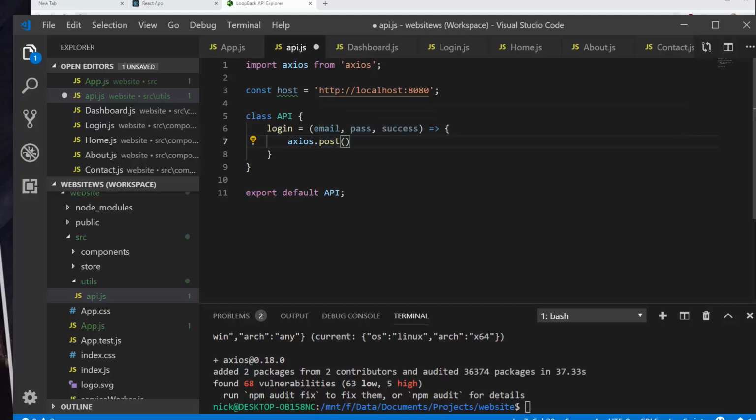So for right now, we're going to post, and this is going to be 3 parameters. There's going to be the URL, the data that we're passing, which is going to be an object, and then the callback. So I'm going to open up some backticks here because we're going to use variables in here. So I'm going to put a $ sign and then 2 curly braces, and in here I'm going to type host. So we're posting to